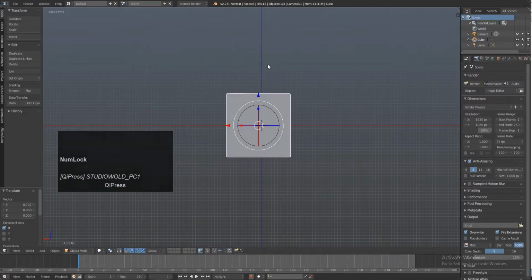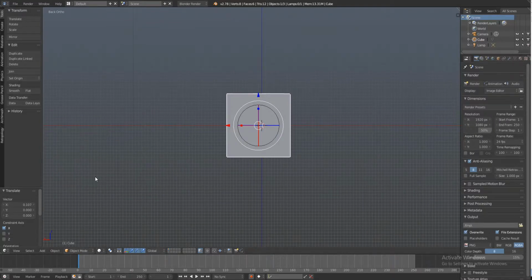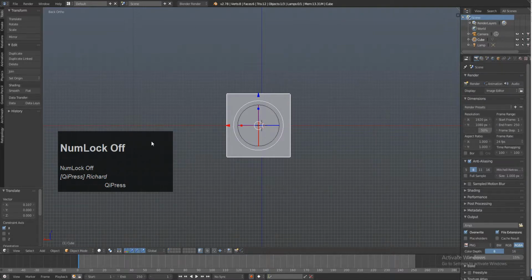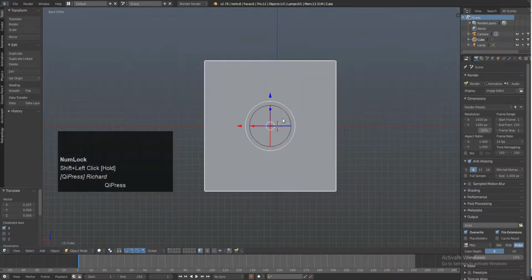For some reason my keyboard shortcut thing is not showing up my numpad numbers. At any rate, so